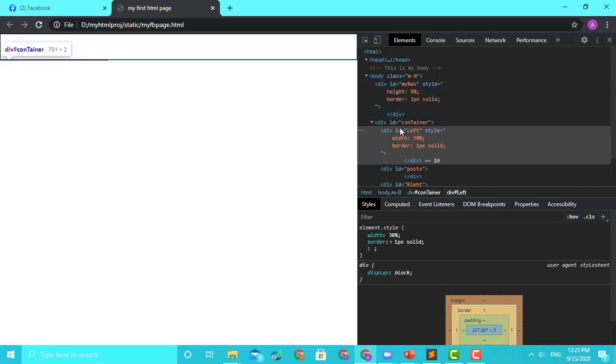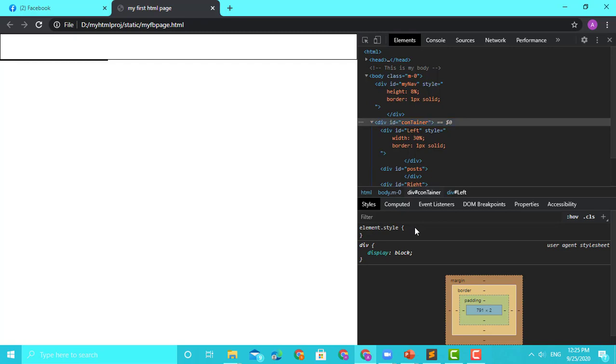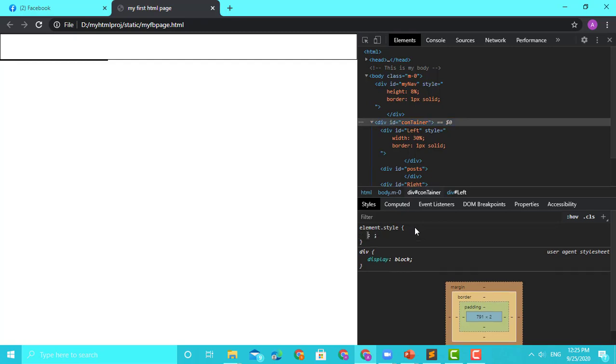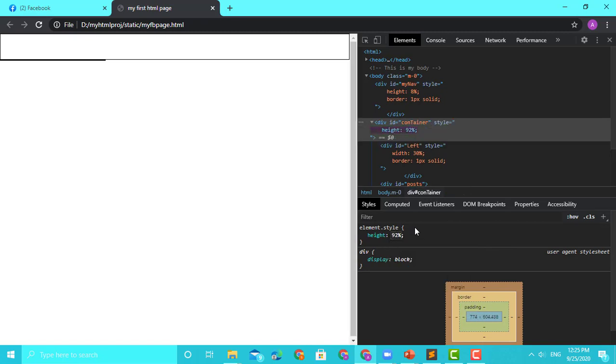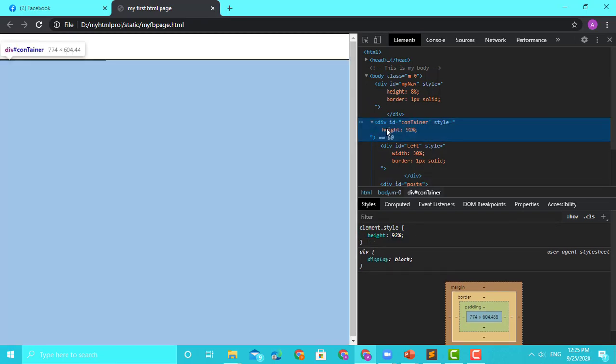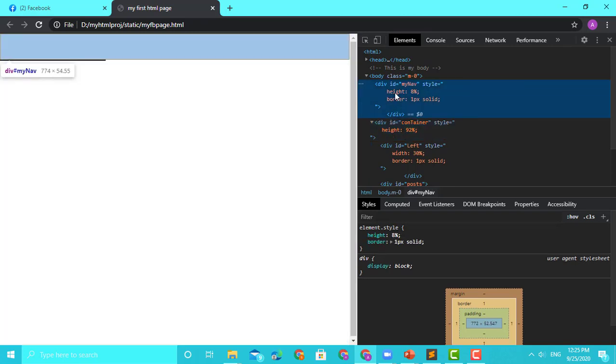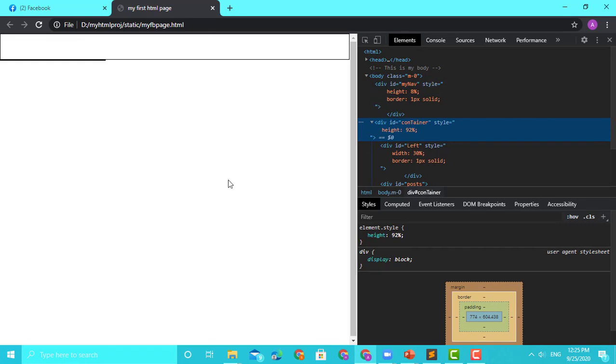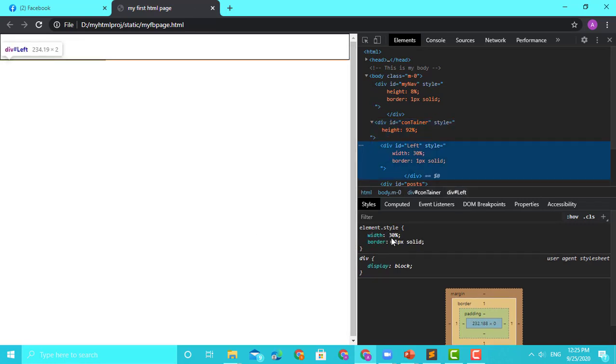So now what has happened, this is 8%, so the remaining 72% we have not assigned, correct, or 92%. So I will say height, I will say 92%. So the entire page height is 100, or it is the height of the parent ideally. Okay, so this is the height of the page. So I have given, so now this is 8%, this is 92%, so the whole page is covered. Now I have given this.